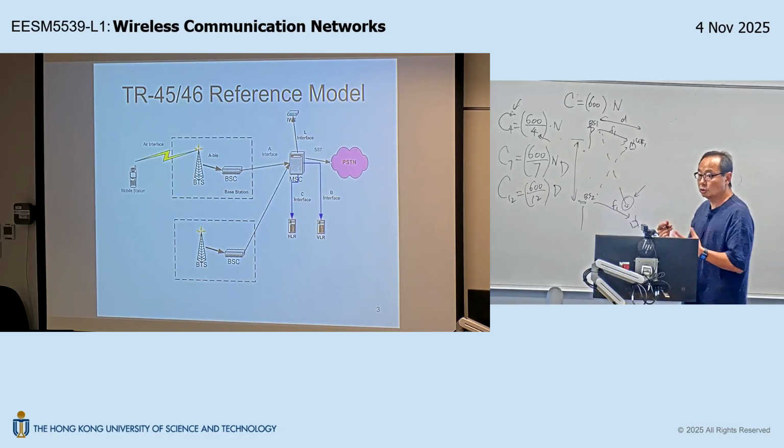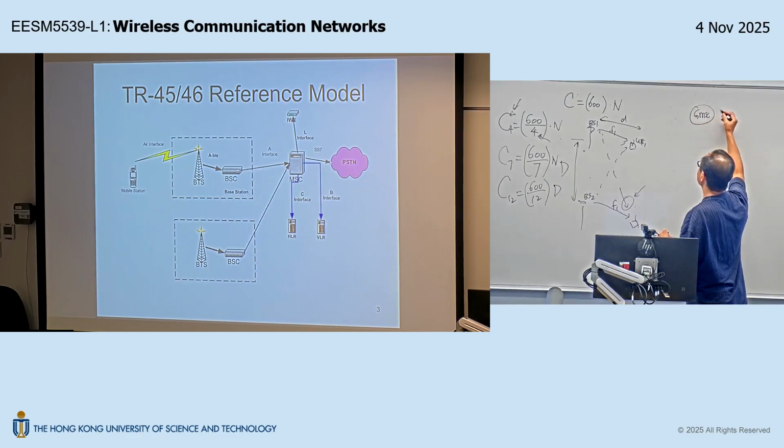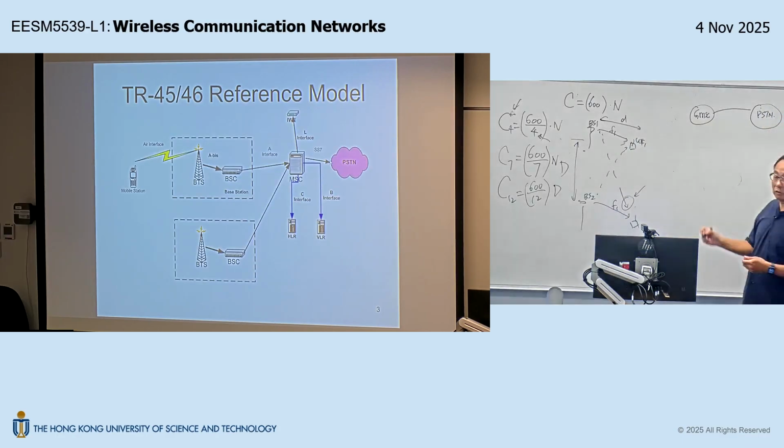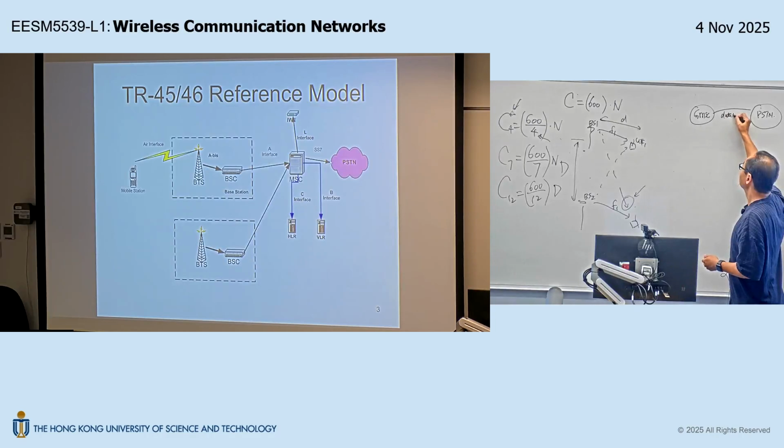So in a 2G network, there is a gateway mobile switching center. It's going to interface with the PSTN. Now when we say interface, there are two paths. The first one, the data path, is based on what we call the PCM 64 kilobit per second